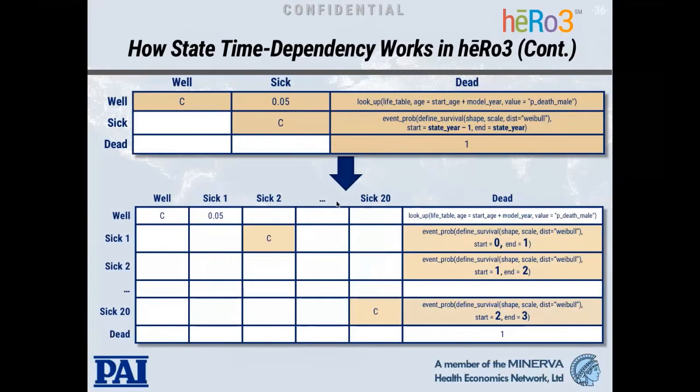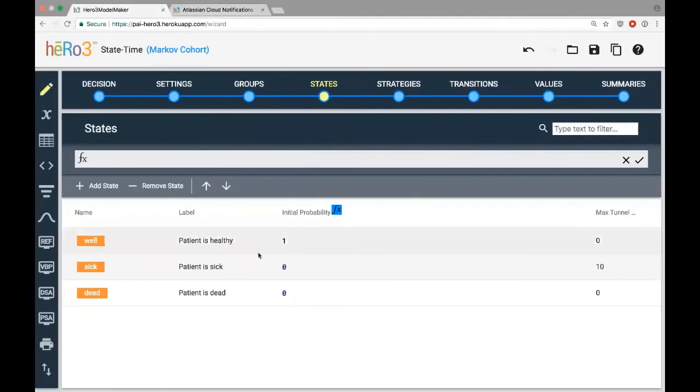And that's important because it's actually much more computationally efficient, if you have a large number of cycles, to limit the number of tunnel states. So if you wanted to do that specifically, if you wanted a transition probability that cuts off after a certain number of cycles, you would also want to set the maximum number of tunnel states, just to ensure that you're not making our model take longer to calculate than it needs to.